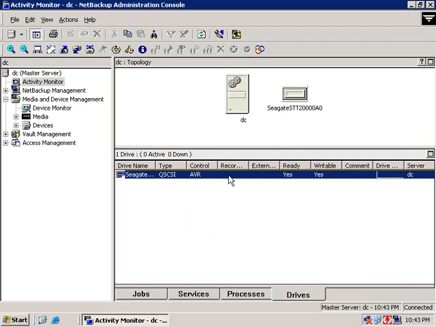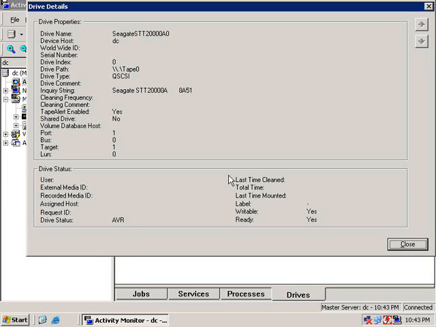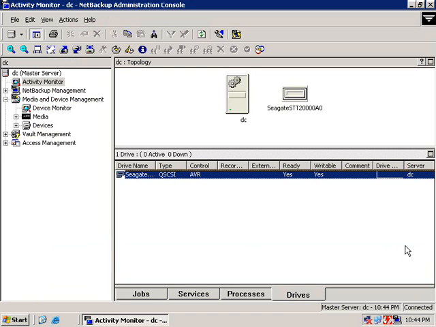Now, as with our other tabs, if we double click on our drive, we can see a lot more of the details about the drive in question. And as you can see, there's a lot of information here which you can go and review at your own leisure. Now, I will point out that if we come over here to the left-hand side of our console and click on Device Monitor,